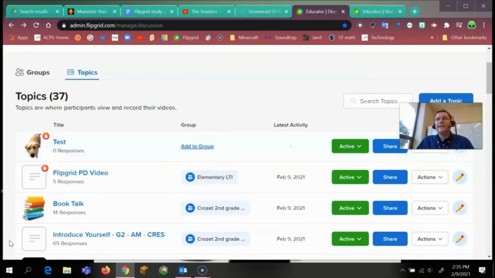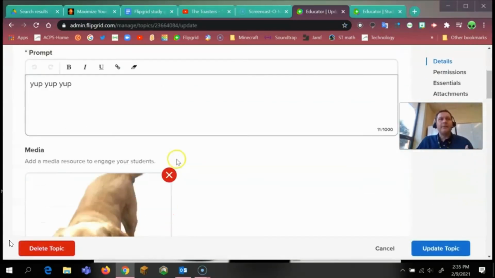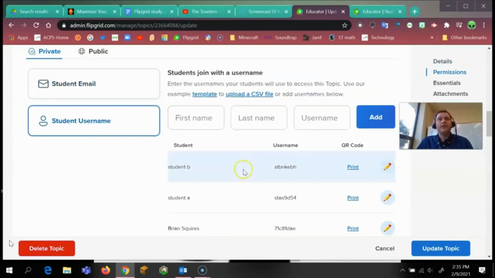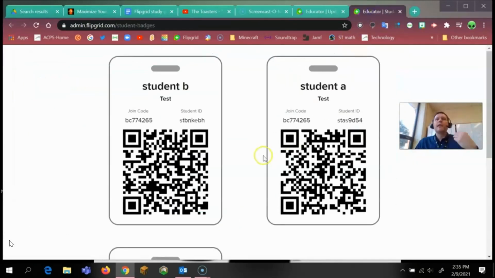If I go and click on this little pencil, that's the edit for this topic, I can scroll down and I can see if I have it set for student email, they're just there for K-12. If I click to the usernames, I've got the student usernames in here. I can click on this print student list, and that will bring up all of the QR codes individual for those students.